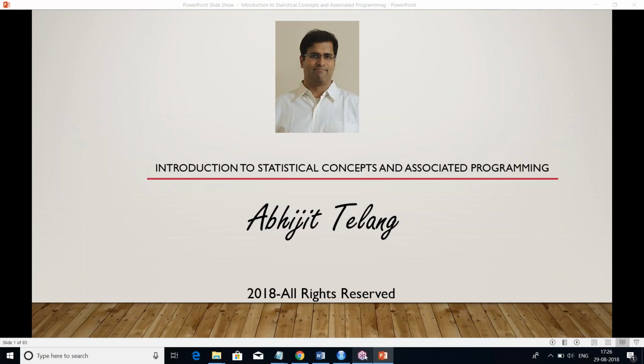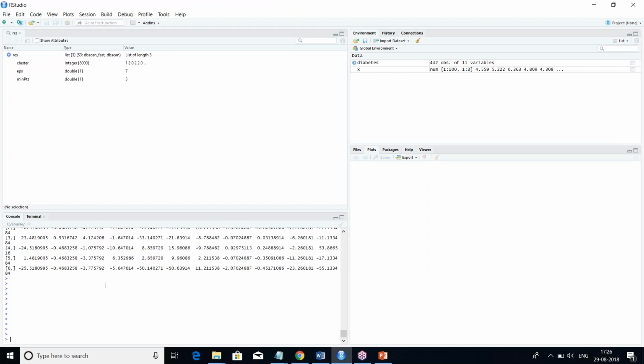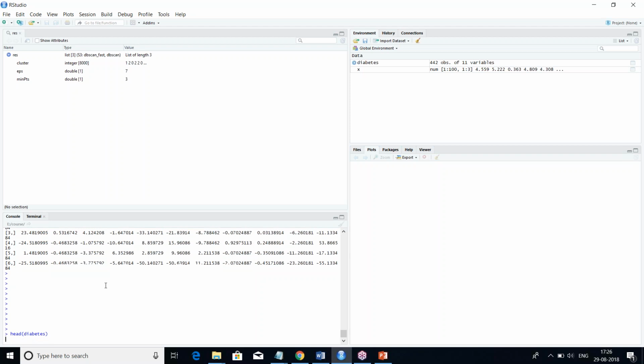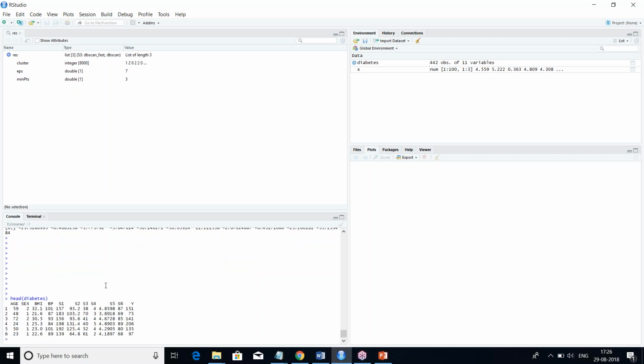So in this video, we'll quickly look at the scale function. This is a good shortcut, a good built-in function, to scale and standardize any given set of observations. So we'll start with our diabetes data set, and for each of these columns, if there is a need to